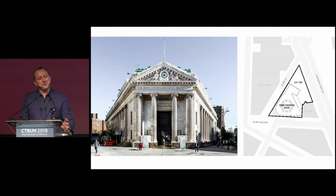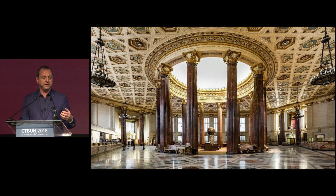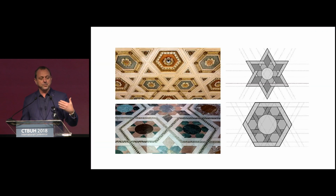And in New York, exterior landmarks are plentiful, but interior landmarks are actually even more rare and special, and this was both. Our client had bought the site, and this was the interior of the bank. It was in bad condition. We could have stayed off the landmark, but it really would have made this large slab building. And so we made an argument to Landmarks and to the city, and we said, look, 100 years ago,